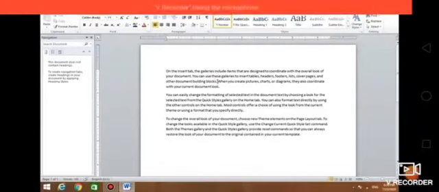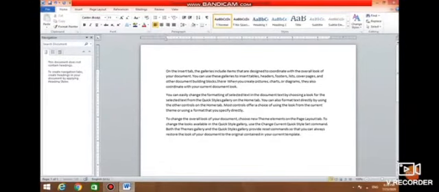Inserting text. Sometimes we want to insert new text between the existing text. In that case, click at the place where we want to insert the new text in our document. The cursor will start blinking at the selected position. Now enter the desired text, and the text will start appearing in between the text as Word automatically moves the existing text to create the space for the new text.